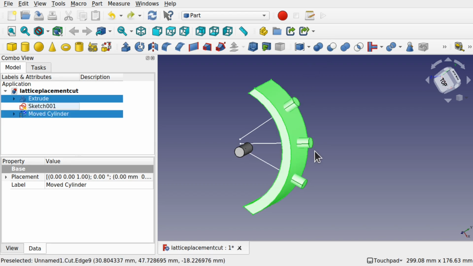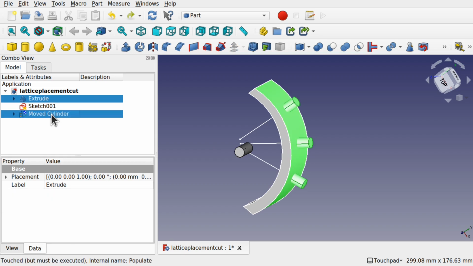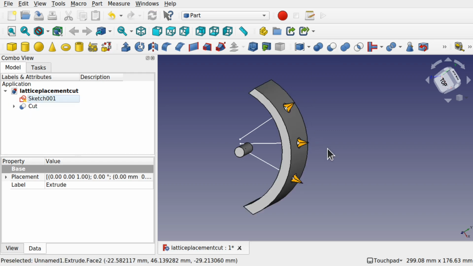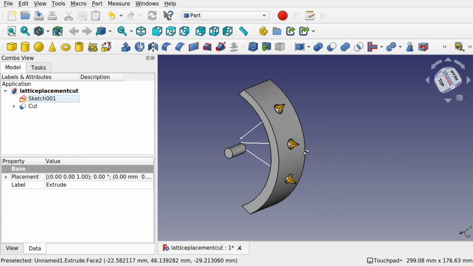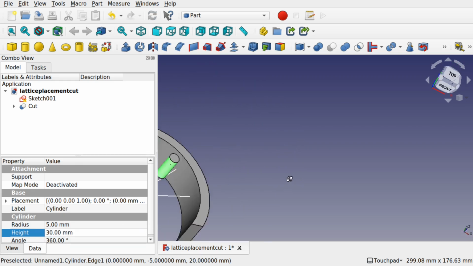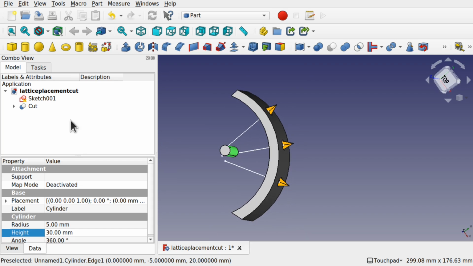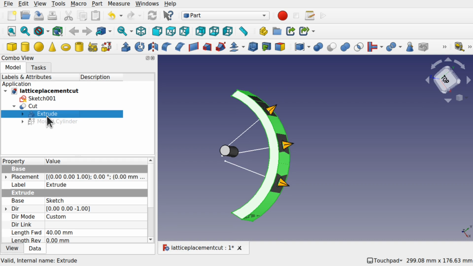Let's get the selection around the right way first. So click the one that I want to keep and control click the one I want to remove. And use the cut, we can see we get the holes going across there. That wasn't big enough, so let's change the height of this to 30 mil. Hit enter. Still hasn't come out the other side,